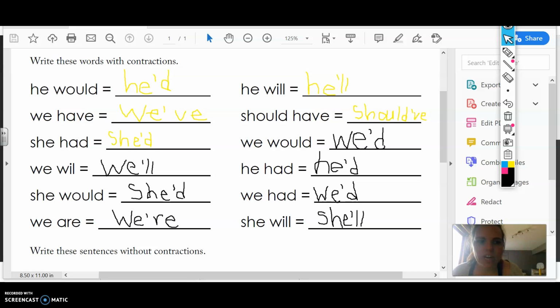look at these contractions. He would turns into he'd. We have becomes we've. She had becomes she'd. We will becomes we'll. She would, she'd. We are, we're. He will, he'll. Should have, should've. We would, we'd. He had, he'd. We had, we'd. And she will, she'll. If you need to pause this right now so my screen doesn't disappear, go ahead and